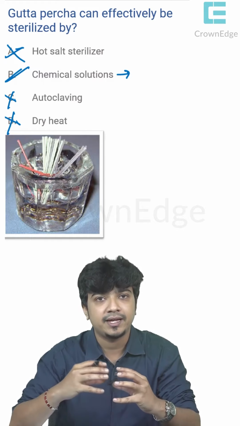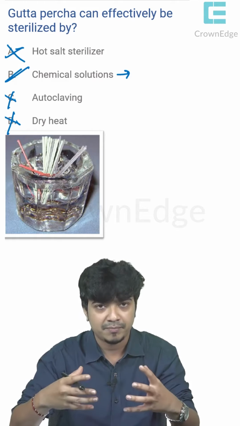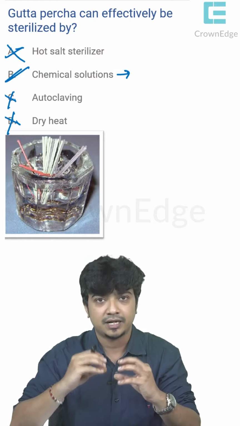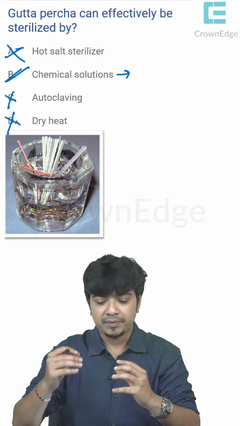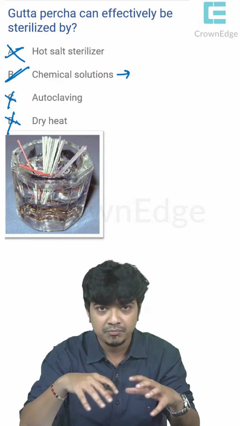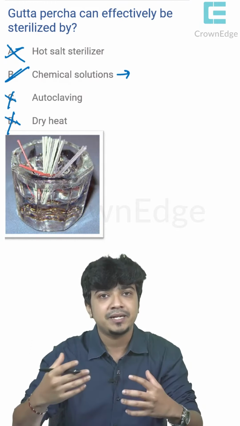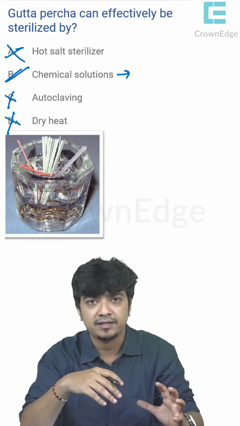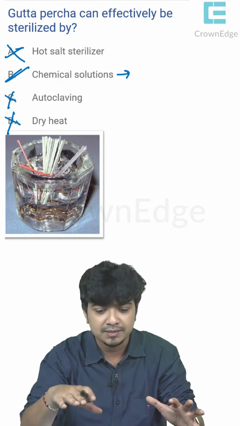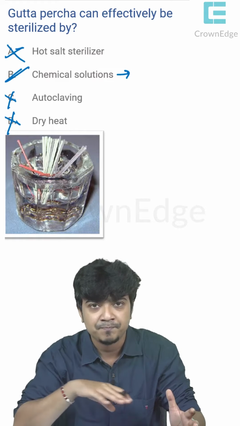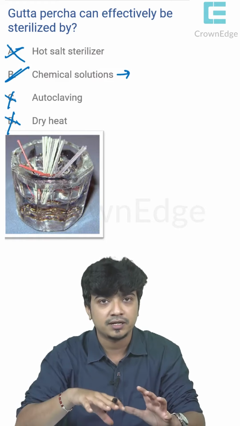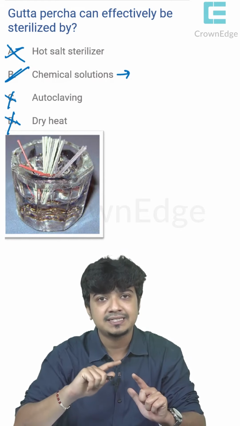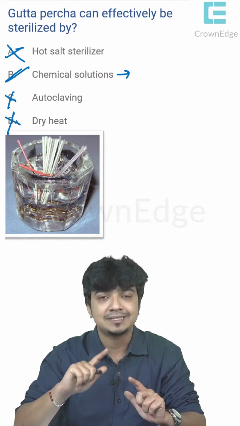So now what you get in your package that you receive from your manufacturer is basically a box which contains gamma sterilized gutta percha. Now, once you introduce it into the canal and then you're doing a little bit of work and then you're taking the radiograph, there's contamination through the aerosols or contamination through the dentine next to it, infected dentine. There can be bacterial leakage through any of the sealers that you've used, the pad that you're keeping on. There's a lot of sources of infection in the chair side area where you're using the gutta percha, and thus just before obturation it is required that we sterilize or disinfect the gutta percha using chemical solutions.